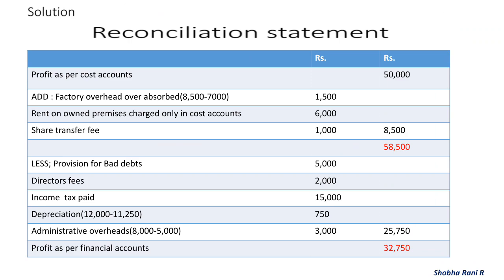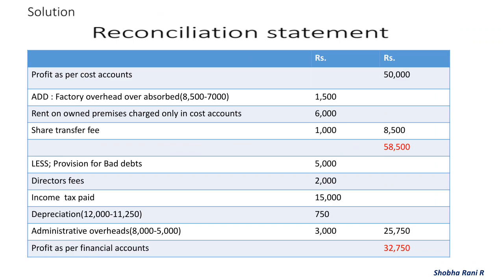Finally, with the help of this information, we have to prepare a reconciliation statement. Start with profit as per cost accounts, 50,000. To this add factory overhead over-absorbed 1,500, rent on owned premises charged only in cost accounts 6,000, share transfer fees 1,000. Together it comes to 8,500. If you add this to 50,000, then